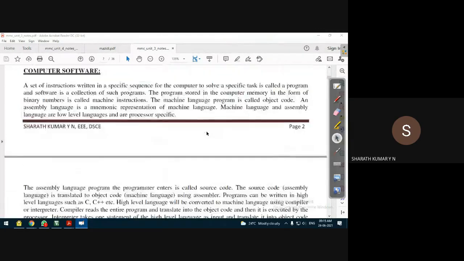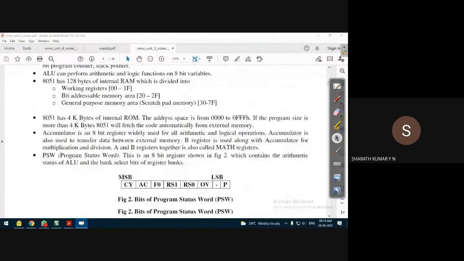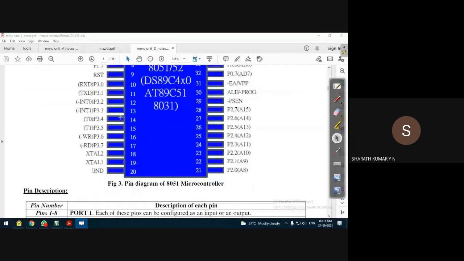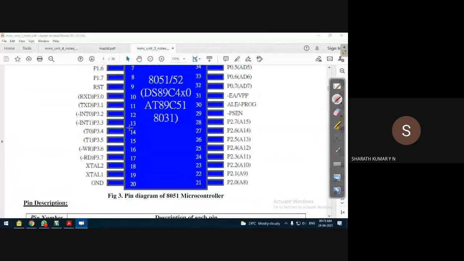That as a timer will be called as a counter. So the same hardware will be called as a counter. Because in this case, if you can see the pin number P3.4 and P3.5, physical pin number is 14 and 15. These 2 pins are used as a counter input, or we can call it a timer input. There's nothing wrong, because it is the same hardware. The timer will be acting as what is known as a counter.